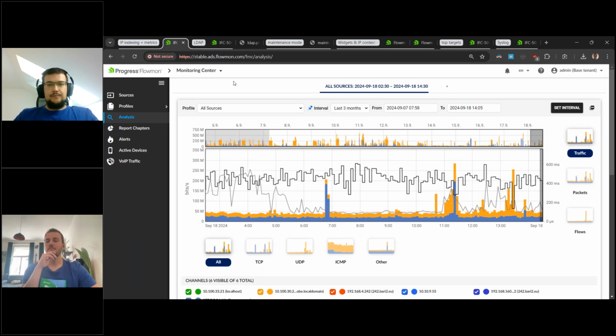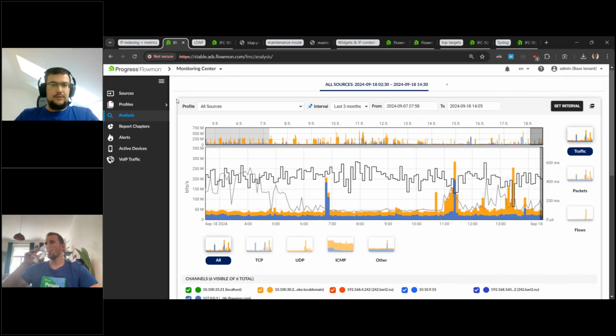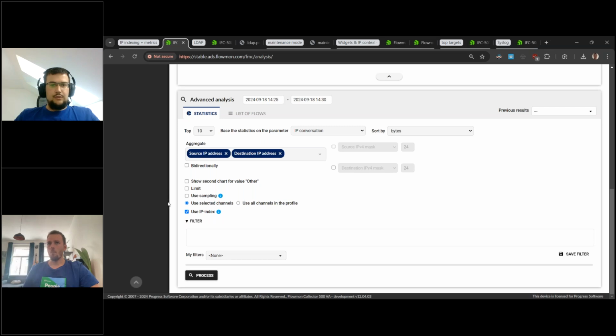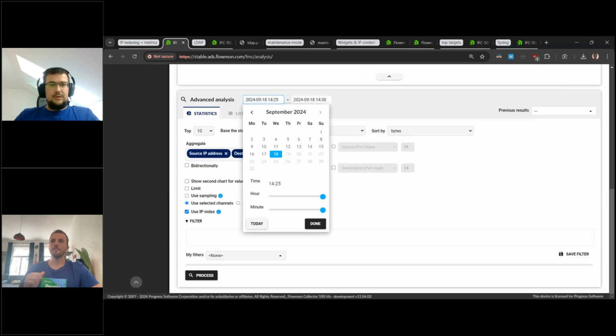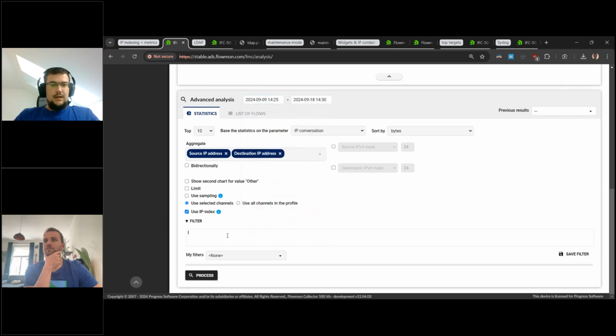This will be especially helpful if you are doing queries using a filter for IP. So I will show you. I will select a time interval from the 9th of September, and I will use a filter for the IP address